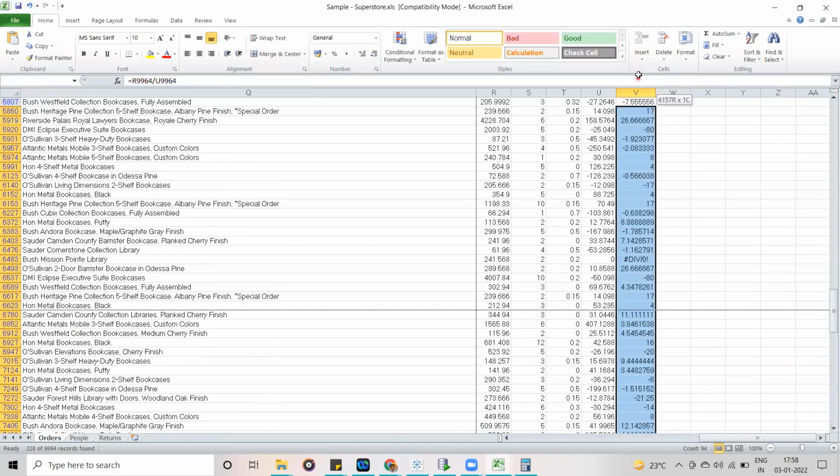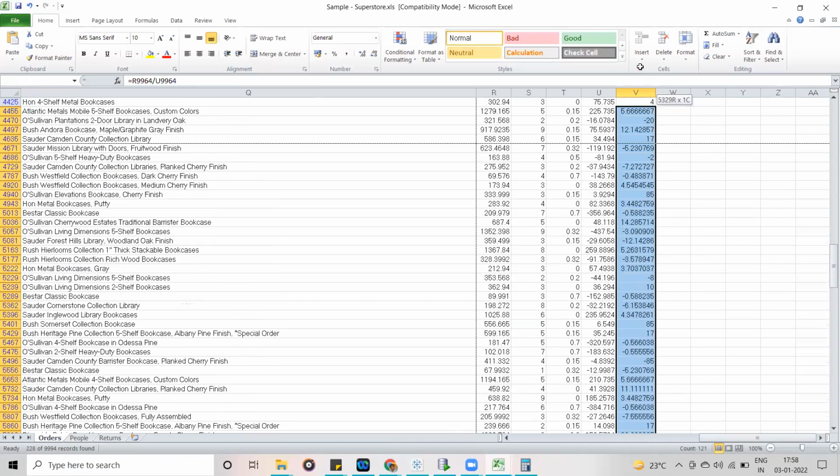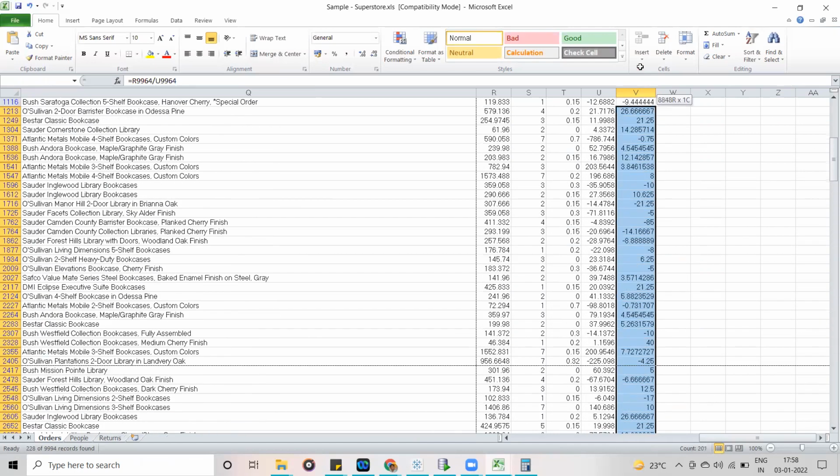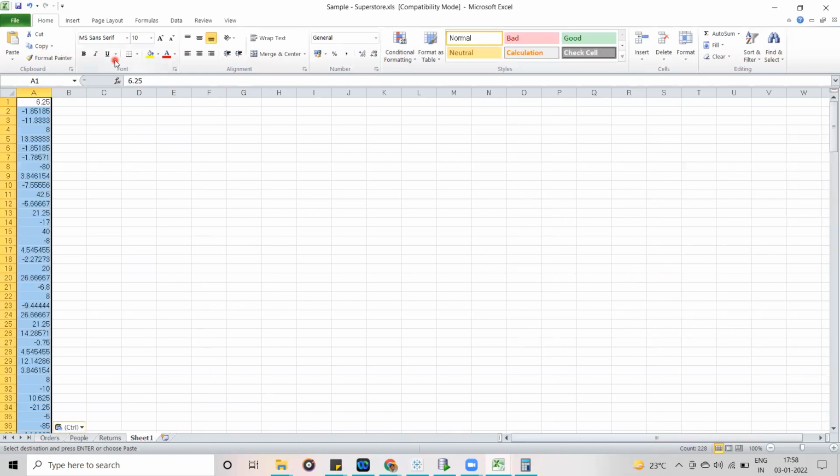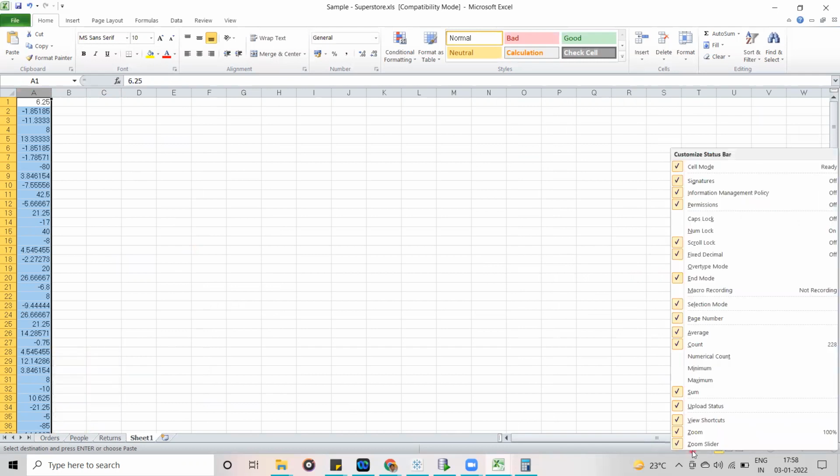Let me show. Array. Control C. Let me do one thing. Let's go back. Let me paste it. Only the count is displaying. So why? Due to null values.